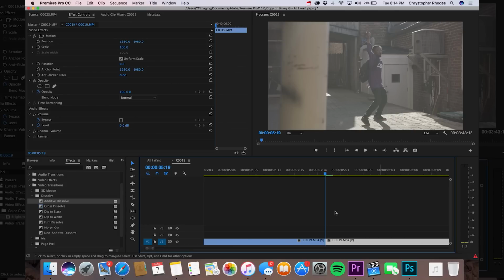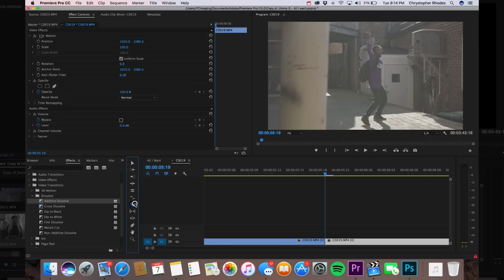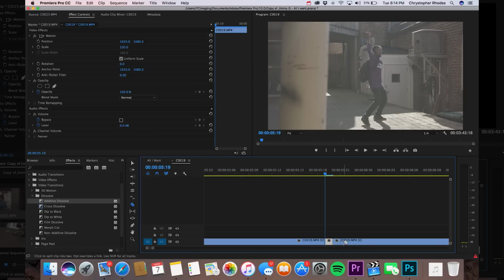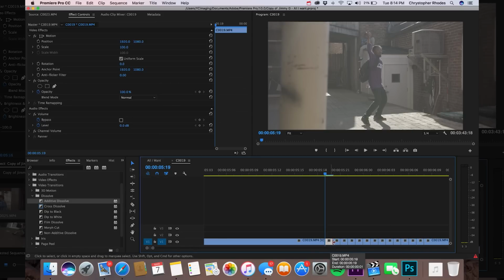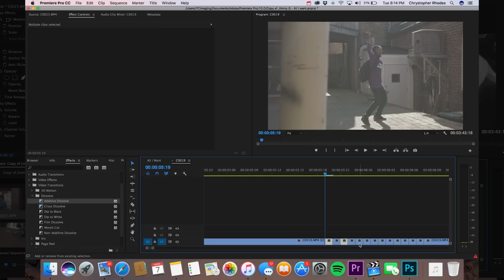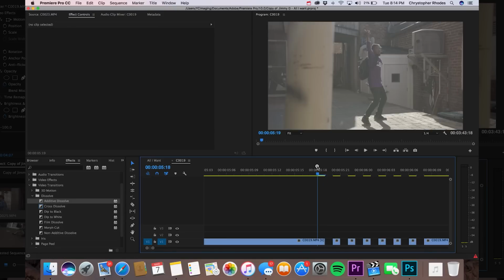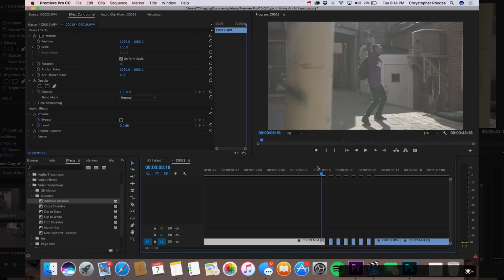Zoom all the way in, and what this is going to do is you select your razor tool, and every time you move it over, it's going to go over a frame. So if you zoom all the way in, it'll automatically lock to those things, so you won't have to worry about if you're doing it the right way or not. So let's just mark off a couple, and if you just want to do regular hi-hat cuts, like I said, you just go in, you cut it, and you remove every other frame clip, and you just delete it. As you can see right there, you get your standard hi-hat cuts.